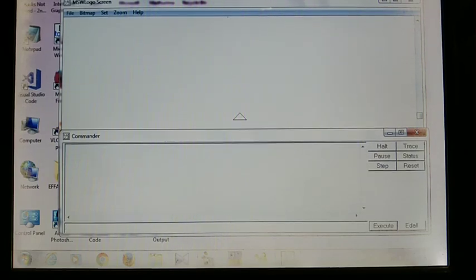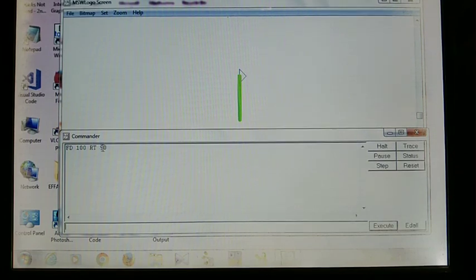So simply FD space 100 space RT space 90, because 360 divided by 4, a square consists of 4 sides. So the degree of turn here is 90 degrees. So FD space 100, RT space 90, and press the enter key.